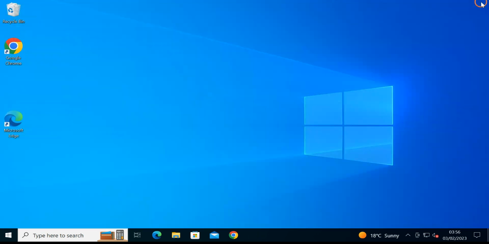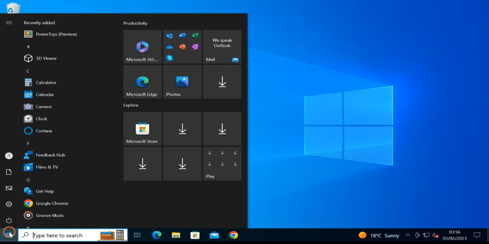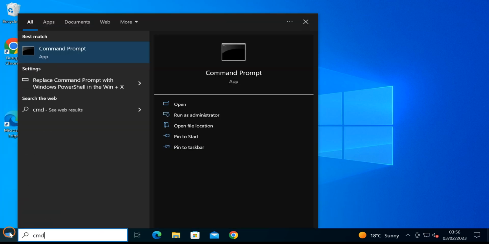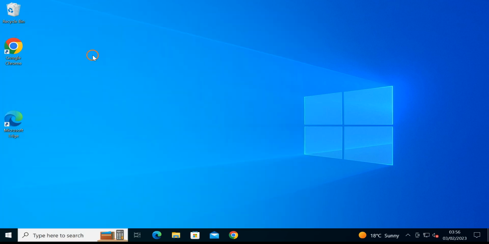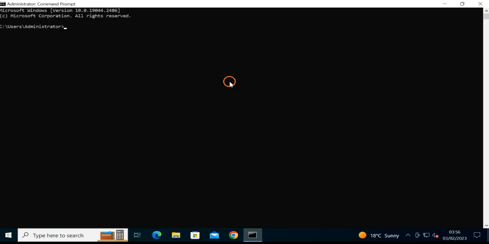Next, you can check if your Windows 10 runs 32-bit or 64-bit operating system through command prompt. So first click on the start button and here type cmd, click on the command prompt tab and here type systeminfo. I will put this command in the video description also, so you can refer to this command from there.